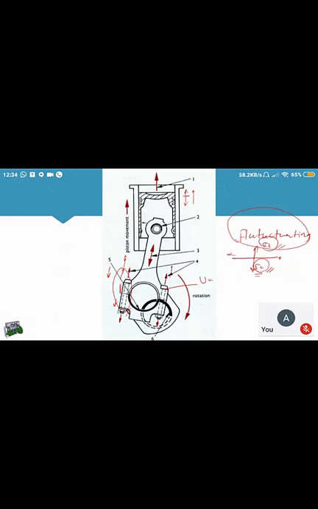Now it is clear that you are taking either sigma t or the compressive stress. Either you take sigma t or sigma c. This is not the actual design consideration. The actual design consideration requires the endurance strength, because out of the 4 strokes, 2 strokes are subjected to sigma c and 2 are subjected to sigma t. So the actual design of this bolt will be based on the endurance strength. But what we are doing, ignoring the fluctuating part, is designing it either for sigma t or for sigma c.